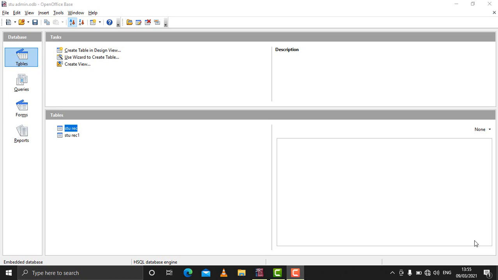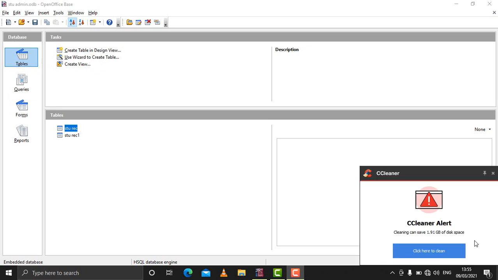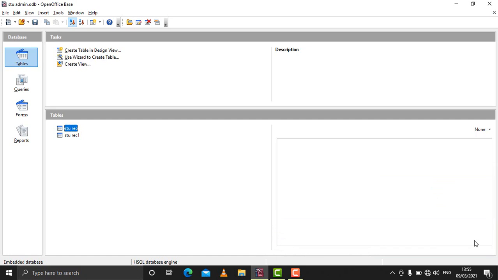We are still on third unit, that is database management system. We are now on session 5, that is queries in Base. So now we will be learning how to create queries using different methods. Basically, queries are meant to extract information from a number of tables and arrange it in a separate place depending on a given condition.